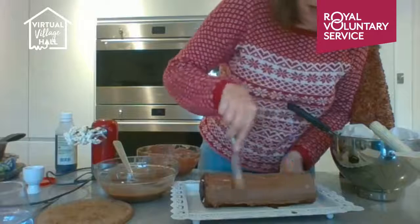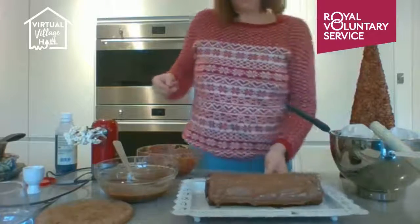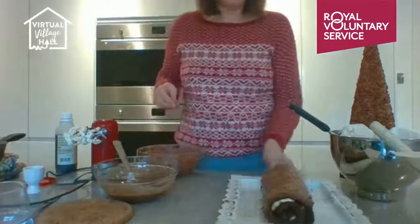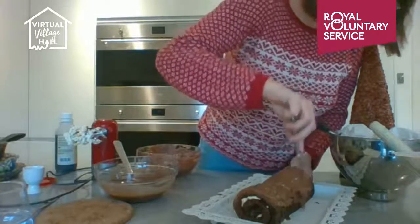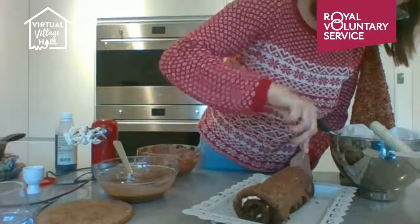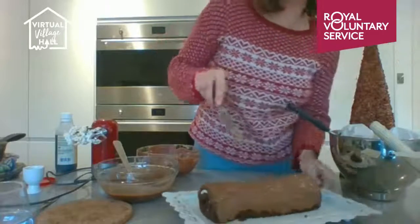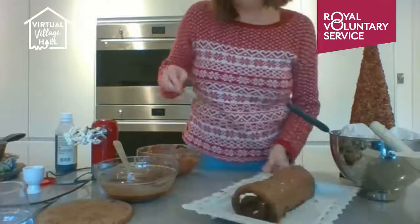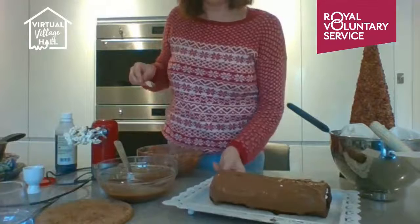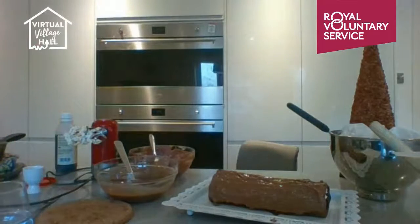Nothing ever happened then, did it? There we go. I'm amazed that the cream is actually still in this and it doesn't look like it's completely melting out the sides. Still really wouldn't advise doing it on a warm Yule log. Right, so you can get a lot better than my presentation on this. But you can see there that I've started to make a start. And then, to finish it off,